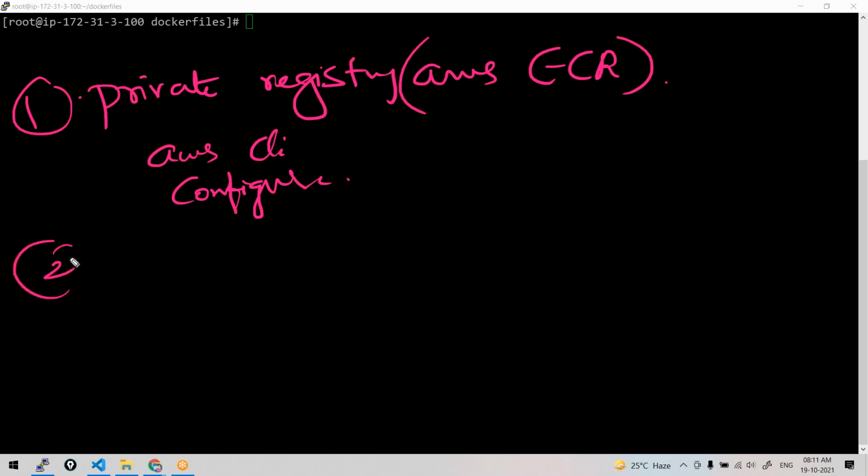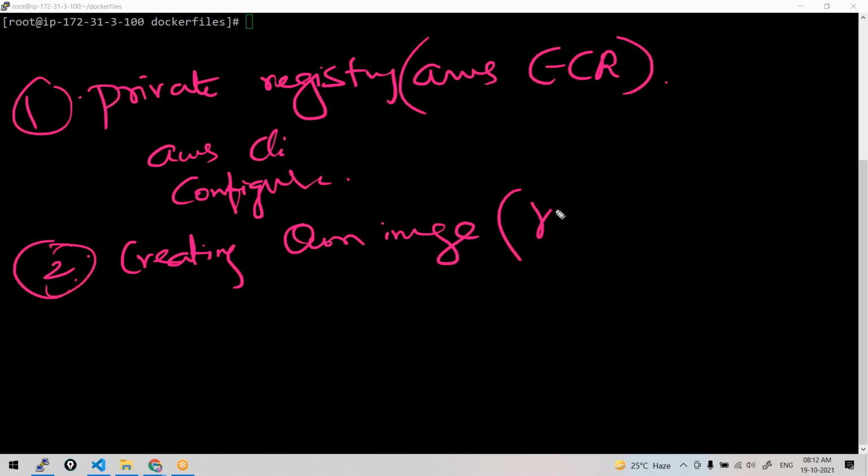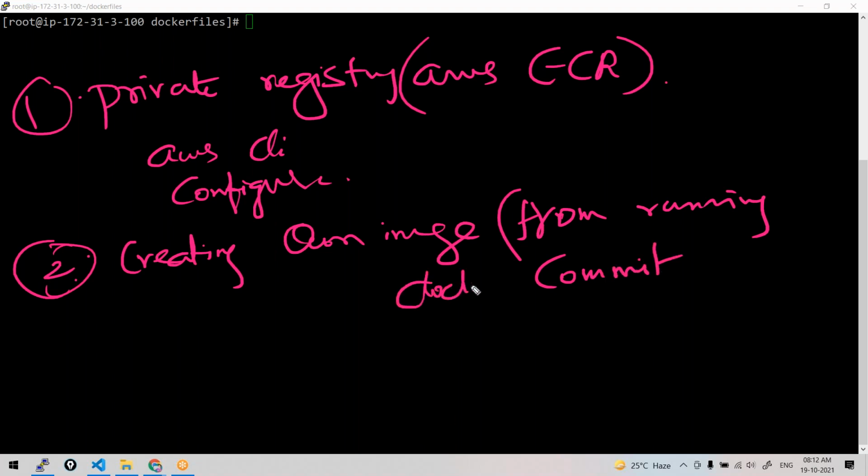Then we discussed creating your own image from a running container, through the commit command, Docker commit. Next is creating an image from a Dockerfile.